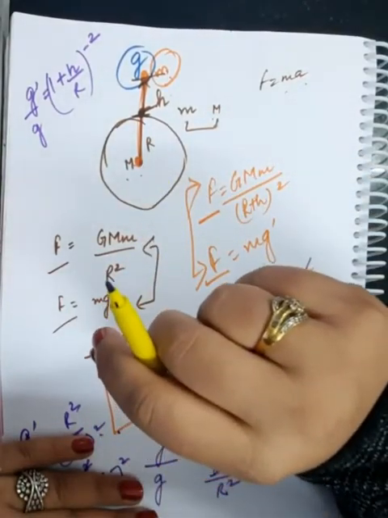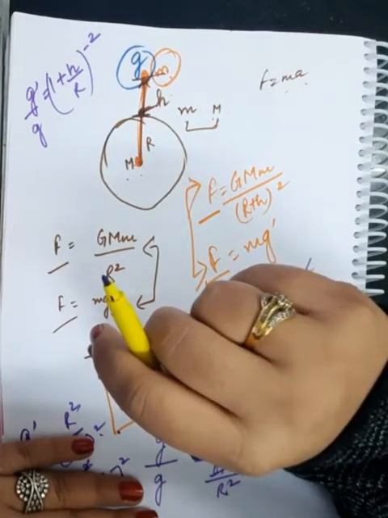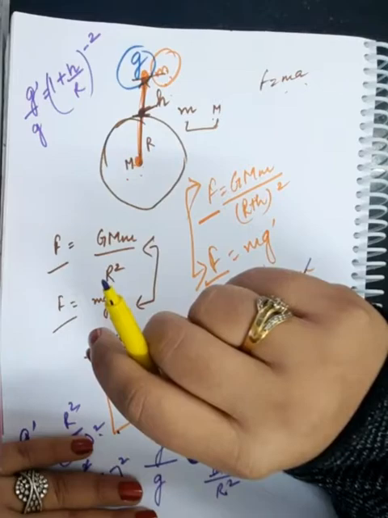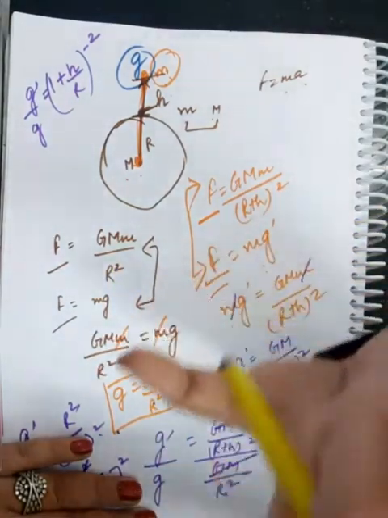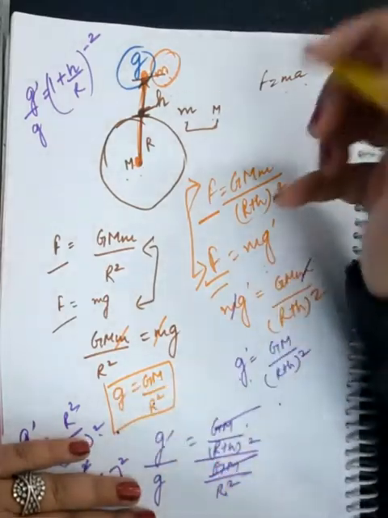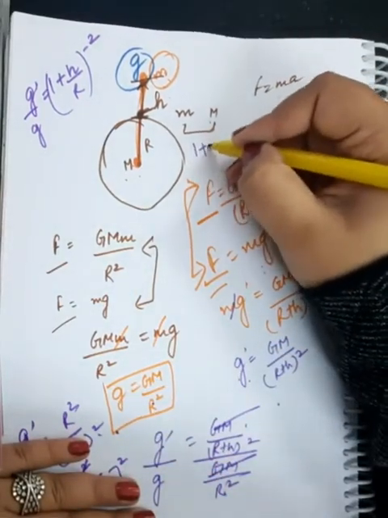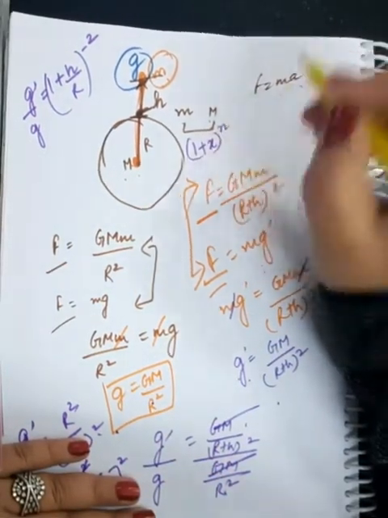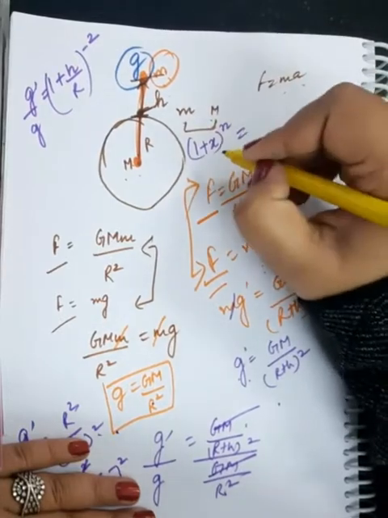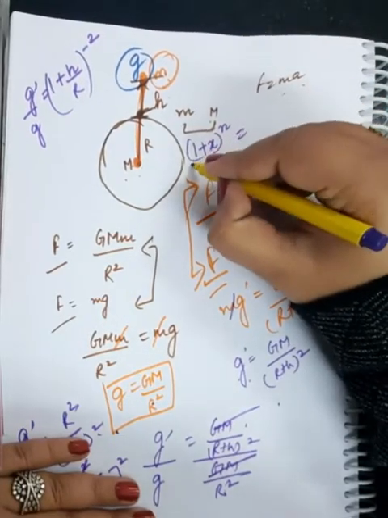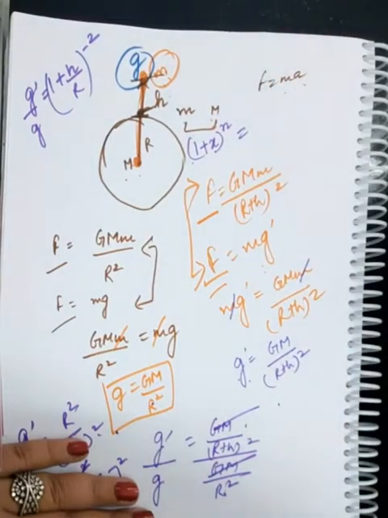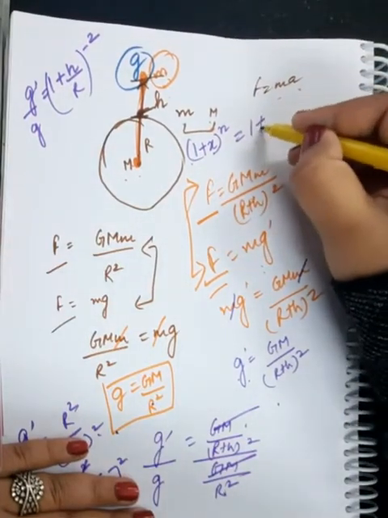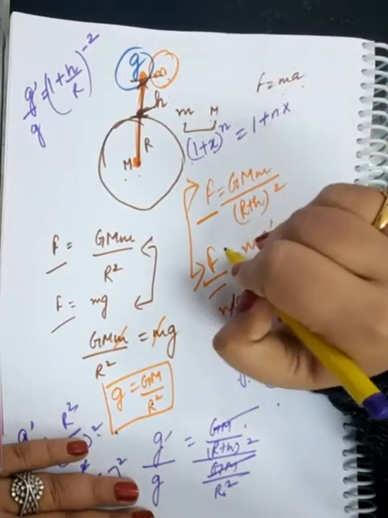There is a mathematical formula which is known as the binomial theorem. The binomial theorem helps you to expand expressions up to whatsoever power it is. For example, if you have (1 plus x) raised to the power n and x is very, very small as compared to 1, you can neglect the higher terms, okay? And the expression will reduce to 1 plus nx.